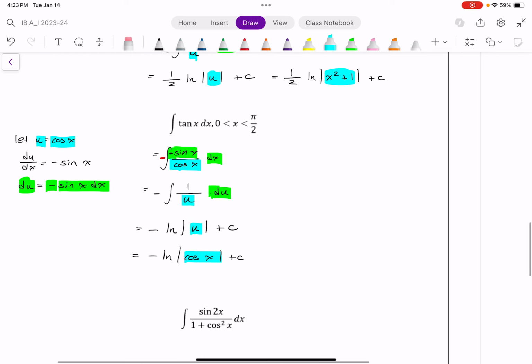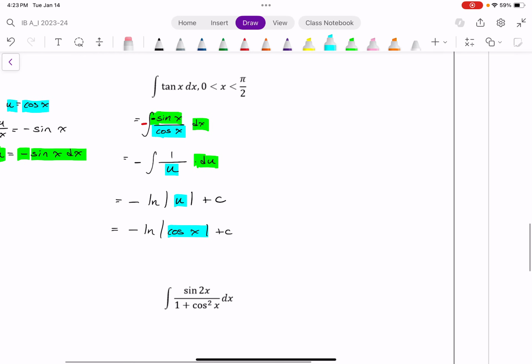However, don't forget there was a restriction on x at the beginning. It said here that x was only between 0 and pi over 2. Well, let's think about cosine when x is between 0 and pi over 2. The cosine of x is always positive when x is between 0 and pi over 2. In terms of degrees, 0 and pi over 2 is from 0 to 180 degrees. And in between 0 and 180 degrees, cosine always gives you a positive value,